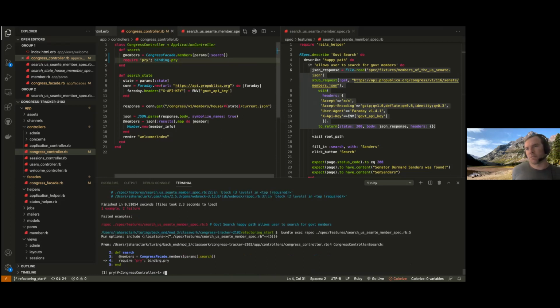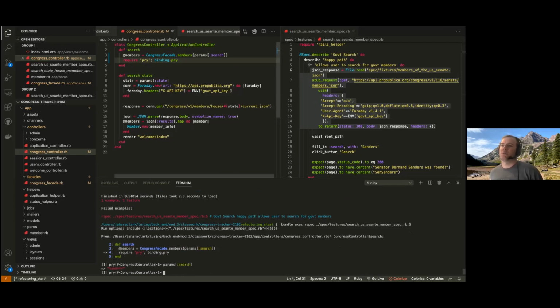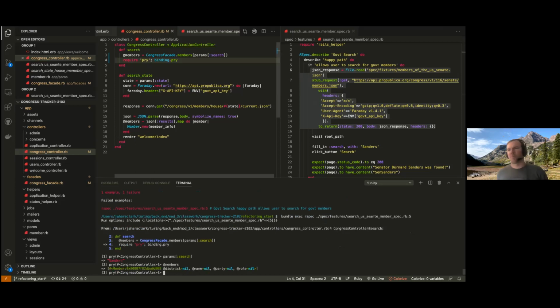Okay, cool. So that came through the way that we expect. And then let's see what at members is. Okay, great. We've got a member object in there, but it looks like none of the attributes were set correctly for this specific member. But that's still not what our current error is, because